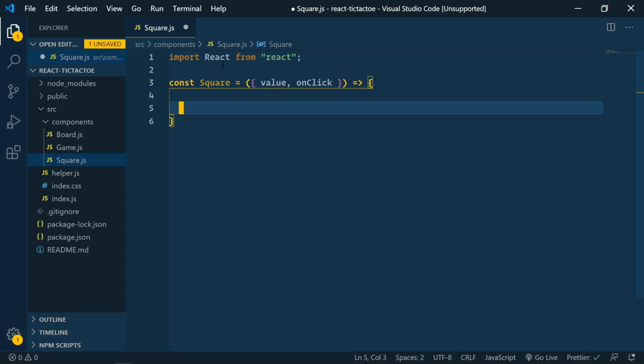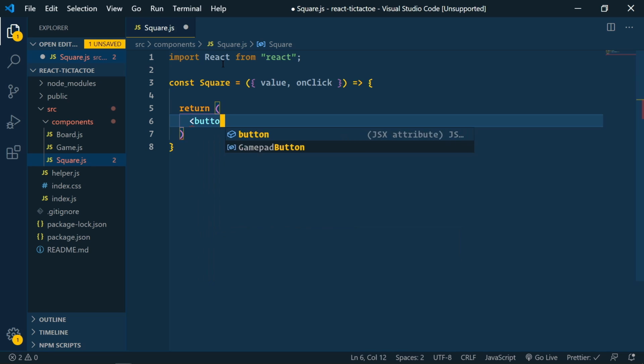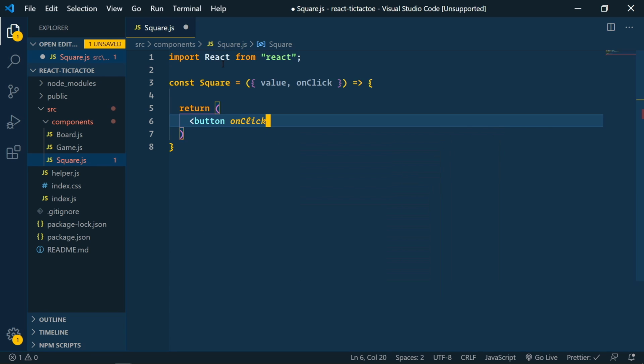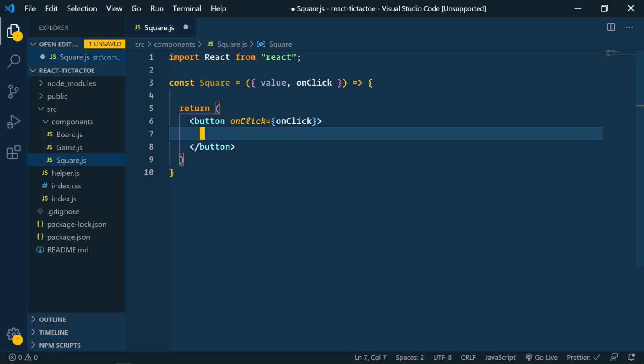So what we're going to do here is we're going to return a button, and we'll say onClick is going to equal onClick. We're passing this through the props. And then within this, we'll have our value. And so that's going to be the X or the O. And then we'll need to export default